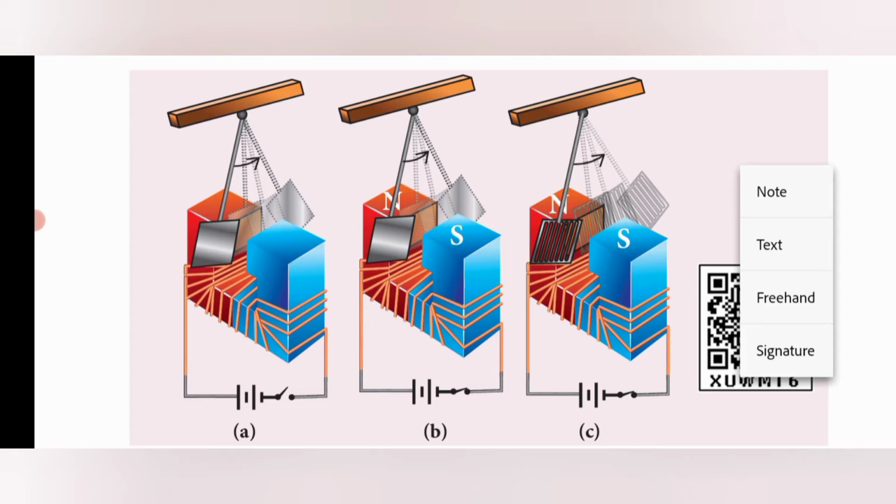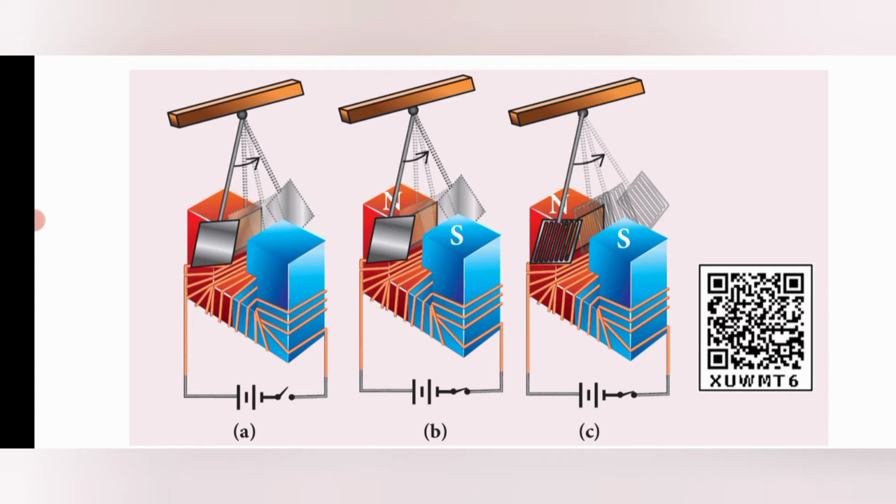In the second picture, when you switch on the electromagnet, what happens is that the oscillations slowly reduce. In picture A the free oscillations occur, but in picture B the oscillation slowly reduces. After several oscillations, it comes to the rest position and finally stops. Because of the eddy current produced on the rectangular plate, the oscillation is reduced and it comes to rest. This is the simple demonstration for producing eddy currents.